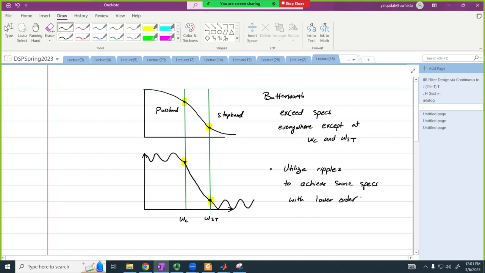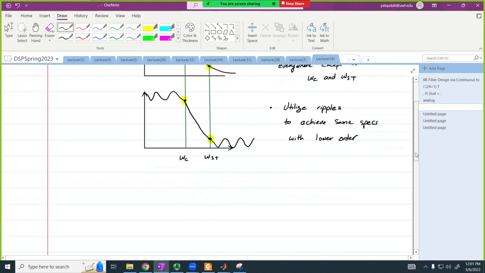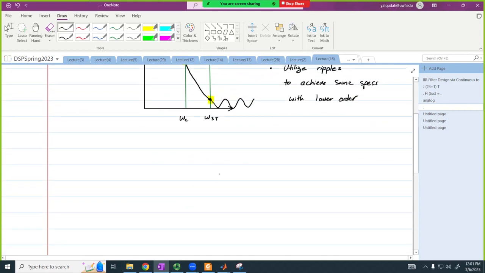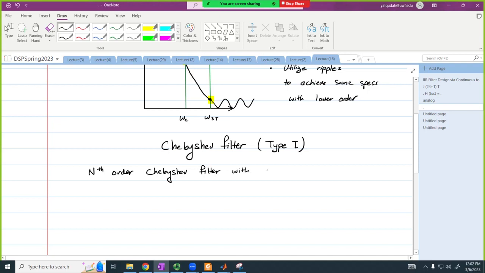Okay, so this takes us to the second type of filter that we're going to look at, which is the Chebyshev filter. Now there are Chebyshev type 1 and there are Chebyshev type 2. So we're going to start with type 1, Chebyshev type 1 filter. And if we have an nth order Chebyshev filter that has a cutoff frequency